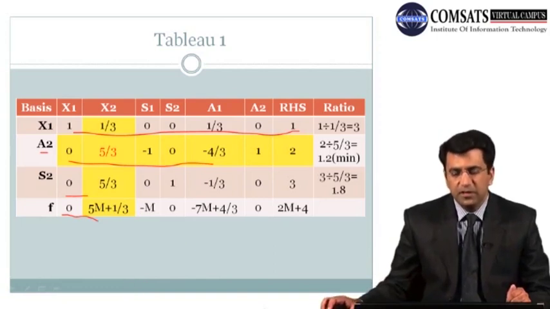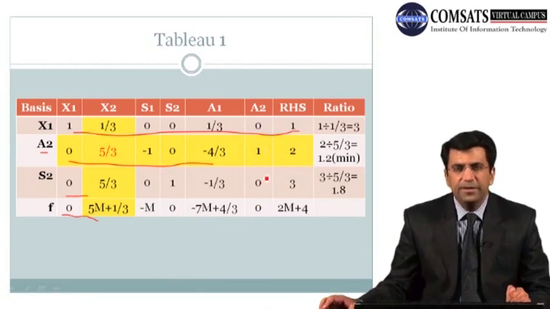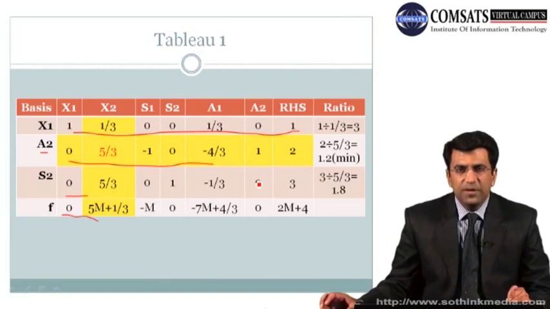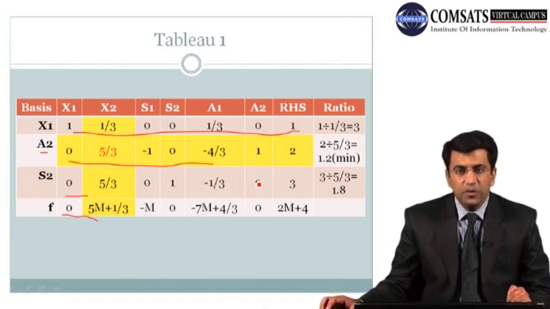will have to check the condition of optimality first, whether this table will give us the optimal solution or not. Now let's see the coefficients of the objective function. Still there is a positive value, 5M plus 1 by 3. Again, M is a very large quantity. If we multiply that very large quantity by 3, add 1, and then divide by 3, again we will have a very large quantity and it will be positive. So again, class, this will not give us the optimal solution, and we'll have to again reformulate the table.